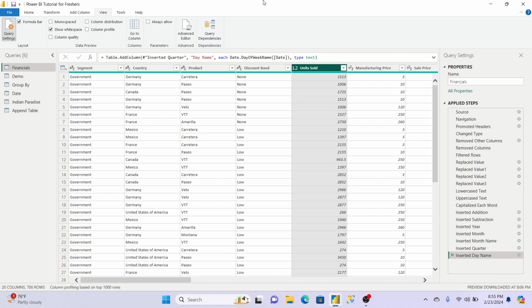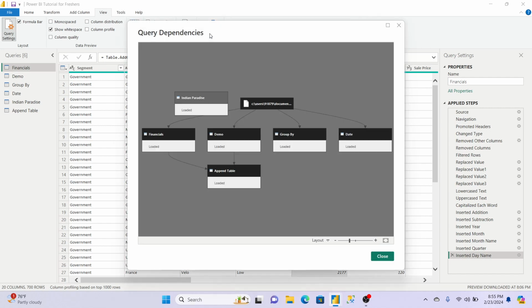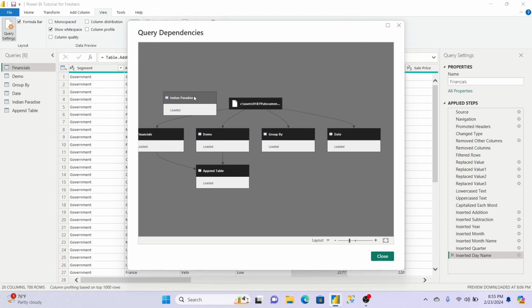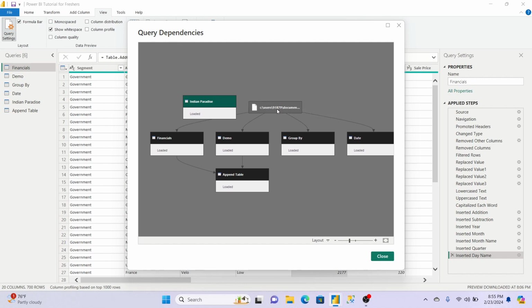Okay. And the last point of this video today is query dependencies. It is very simple. It is showing just a map or a hierarchy of from where we have brought data and all those things. So we had this file in our C drive, users, documents, PBI fresher dataset. From there we got financial and demo, and then we created this group by date and everything.